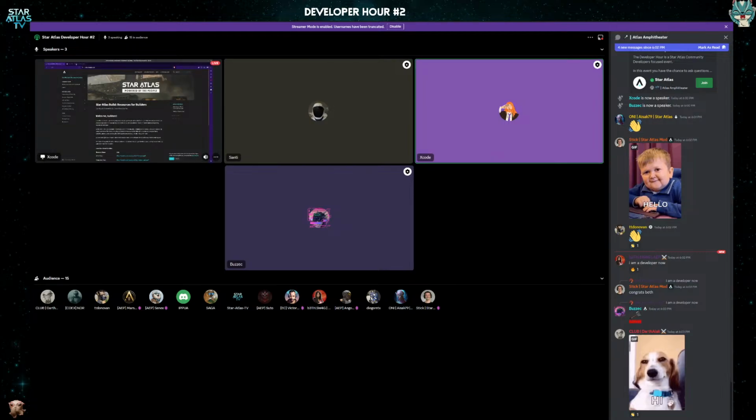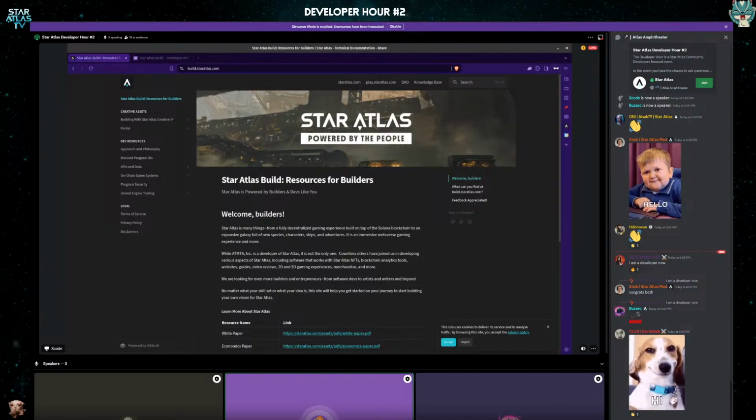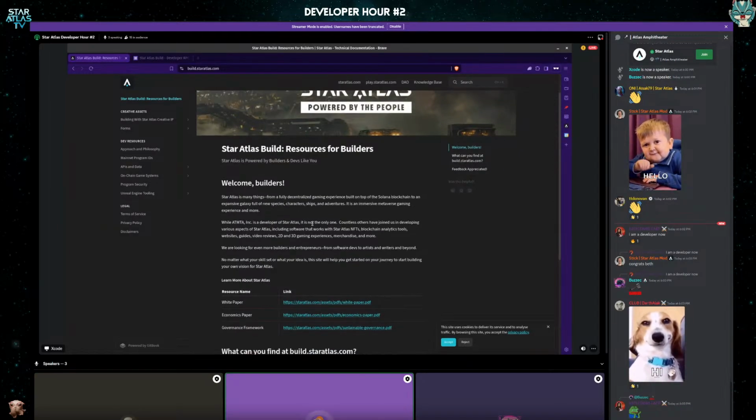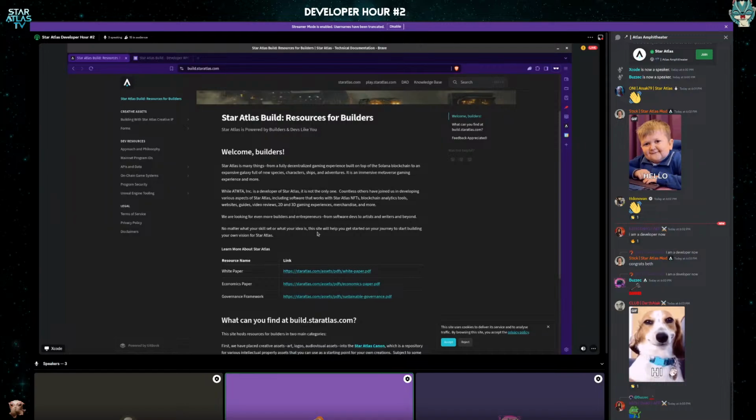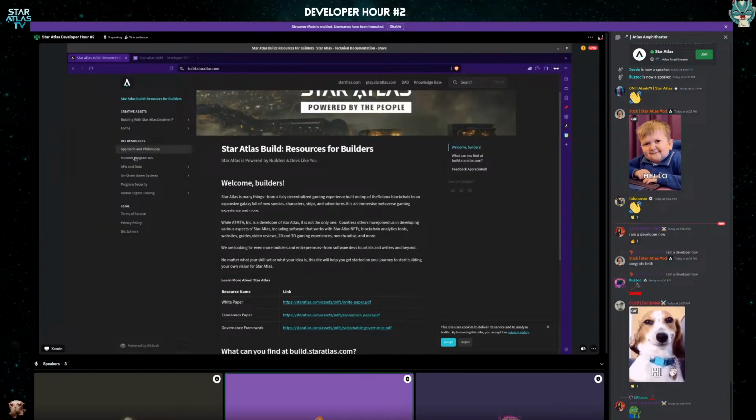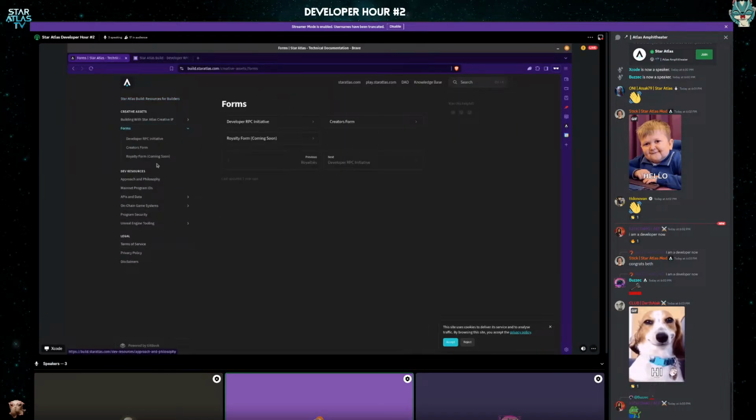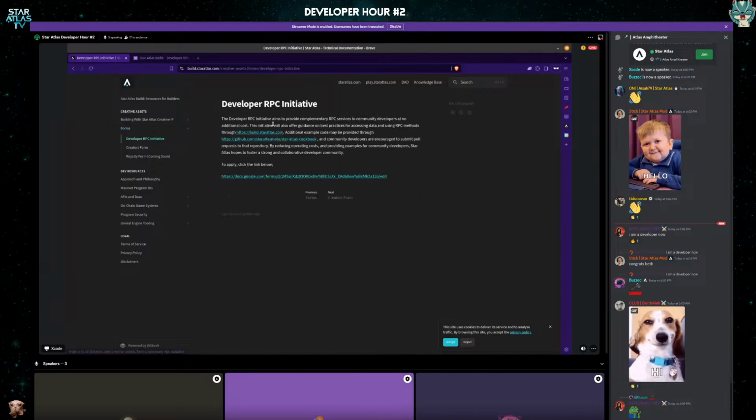And I'm doing this in a private tab, so it's as if I have no access to this, and you can see the form as it would be. But the point is, you come to build.staratlas.com, and right away you can see there are links to our white papers and economic docs, but also there are dev resources, our program IDs, APIs, and data. But specifically, the build program can be found under Forms, and then you click Developer RPC Initiative,